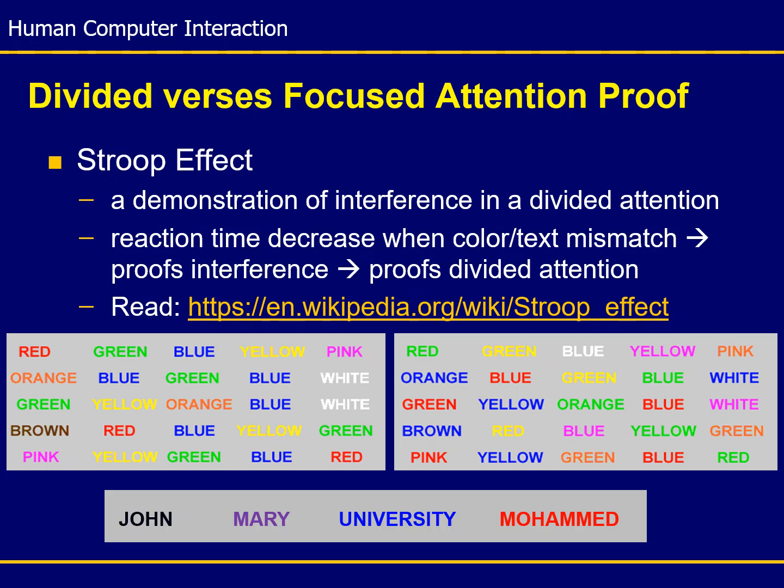So if you tell someone, tell me this color, and you point at the top row where it says blue and it's written in white, they will look at it. Even though the color is white, some of them will make a mistake and tell you it's blue, and other ones will tell you at the end it's white, but they're going to take more time compared to the one on the left where white is written in white. The response will be much faster. This has been shown